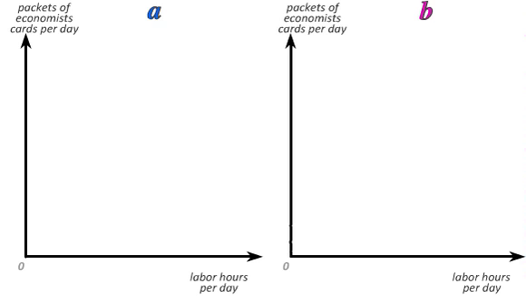A producer's choice set is formed a little bit differently. In particular, the producer's choice set is the set of production plans that's technologically feasible. A production plan is just a bundle of inputs, a certain amount of labor, a certain amount of capital, combined with an output level, where the plan is to produce that output level with that input bundle. And just as not all bundles of goods are affordable for a consumer and are therefore not all part of the consumer's choice set, not all production plans are technologically feasible, and only those that are feasible are part of